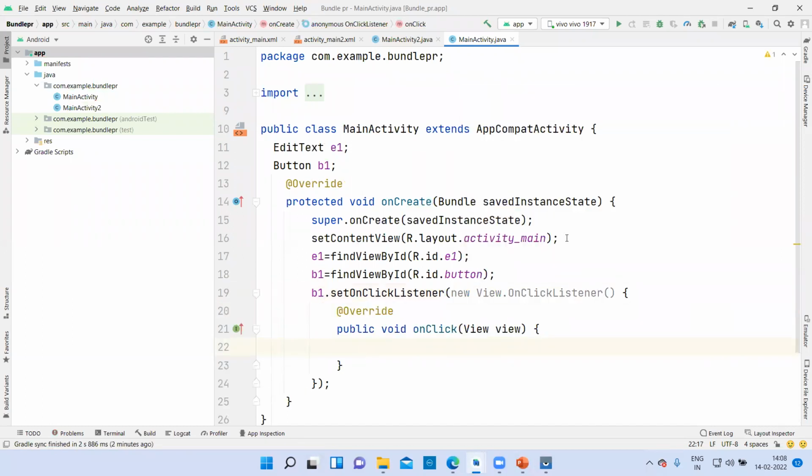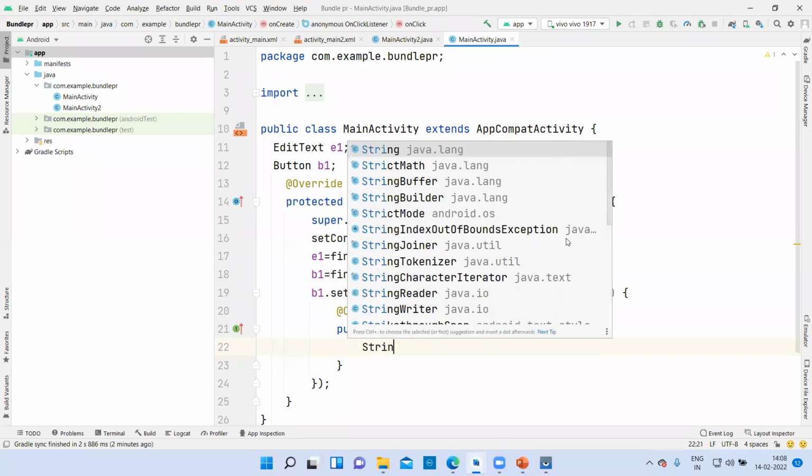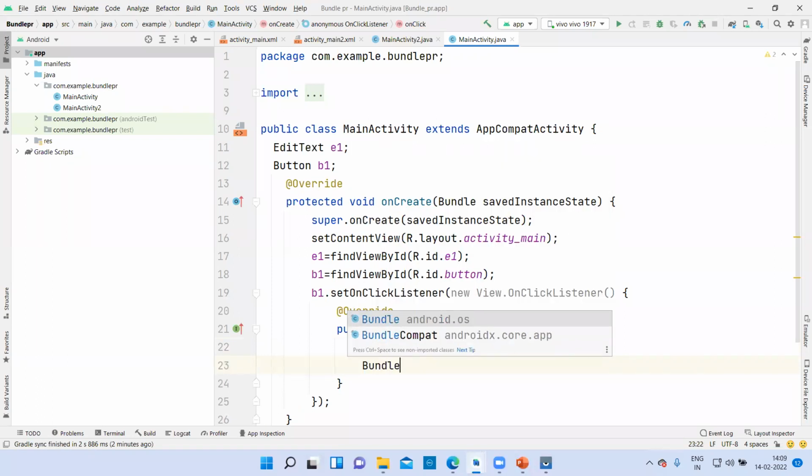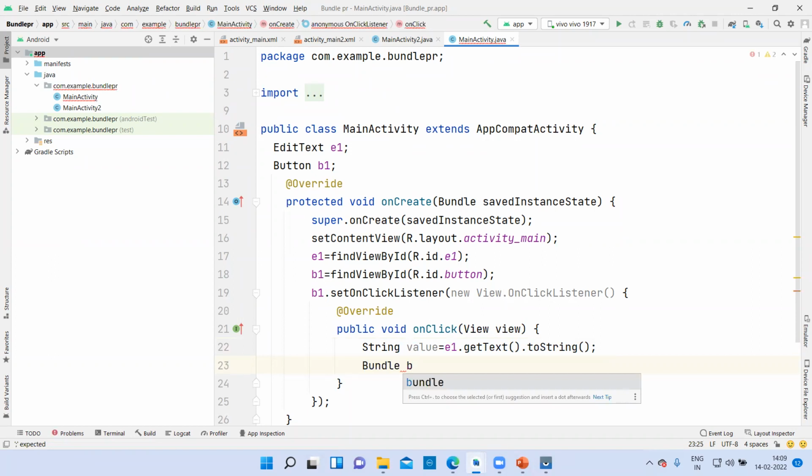Now what to do on click? Here you will first of all take the string value is equal to E1 dot get text to string, semicolon. Now you will create the bundle object of the Bundle class. Bundle B is equal to new Bundle.